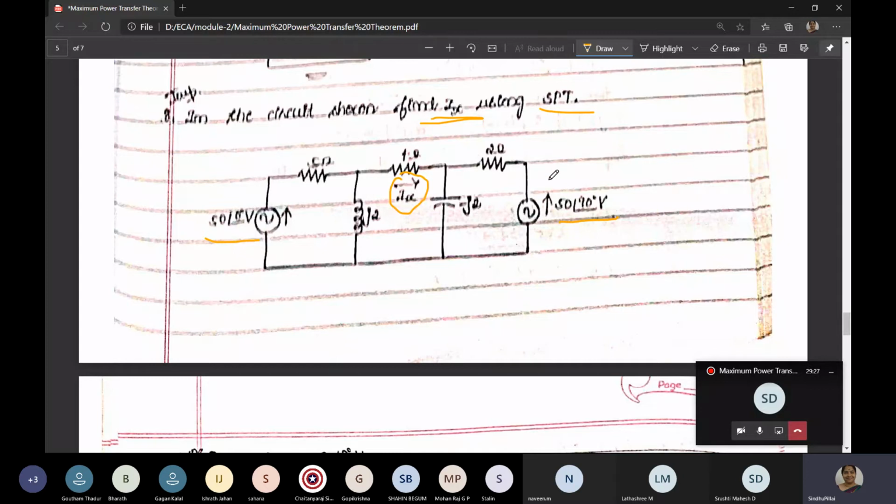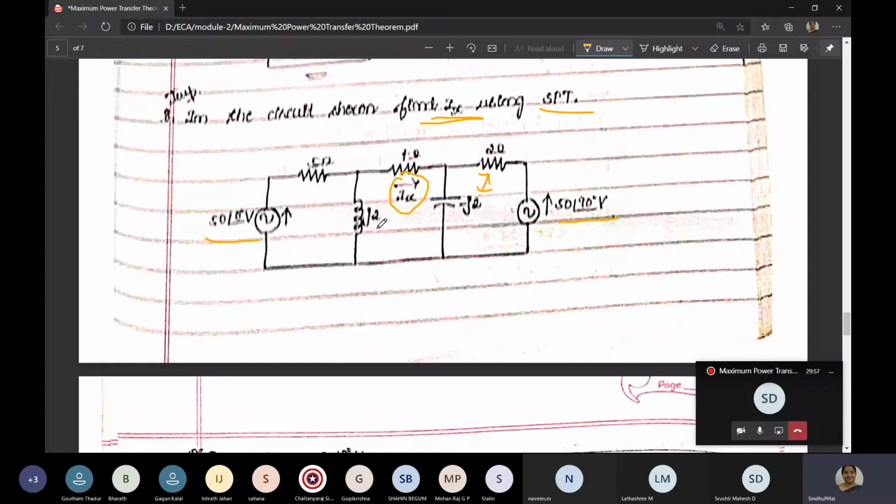That is one method. Since the source is removed here, since it is a J term, we can't put the equations directly in the calculator. You have to solve it manually. So what we'll do, we'll take these two resistances, 2 ohm and minus J2, which are in parallel. Whatever the answer we get, that is in series with 4 ohm.